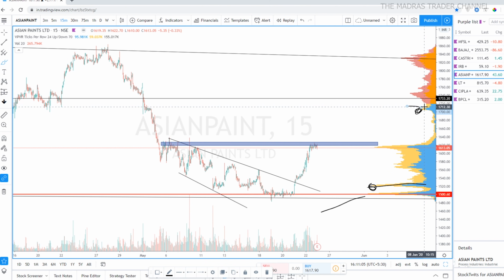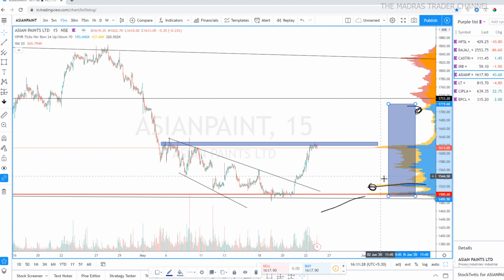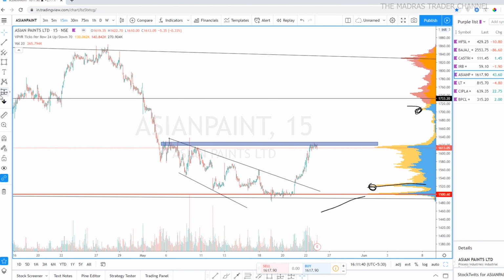You don't have to remember the terms, guys. You just have to learn the concept and you should be fine. Other than that, there is something called value area. Value area is where 70% of the transactions have happened. So this blue color and yellow color area is the value area. I'll just note this down. This area is called value area. This is where 70% of the transactions have happened in this particular chart from April 15 to 22 May. The other 30% is this orange colored area.